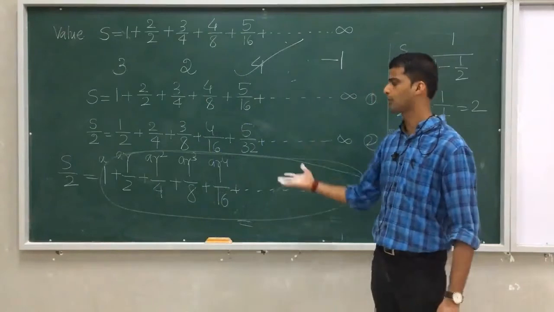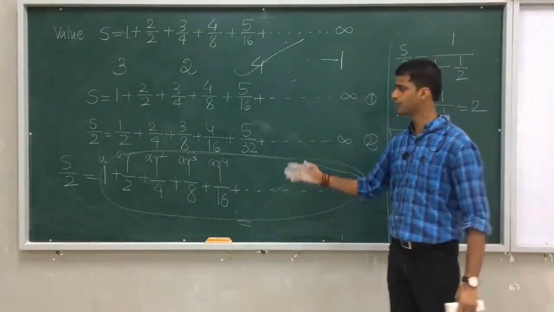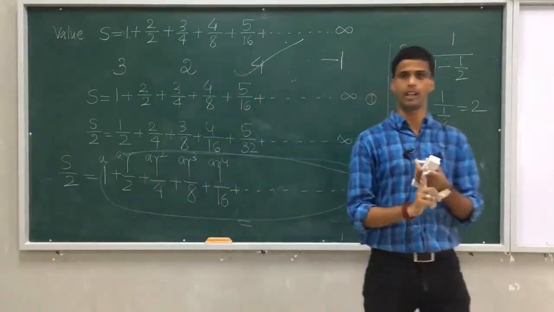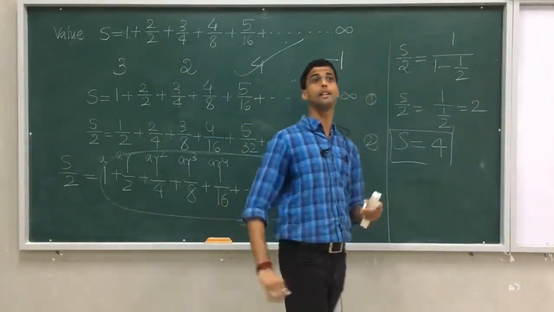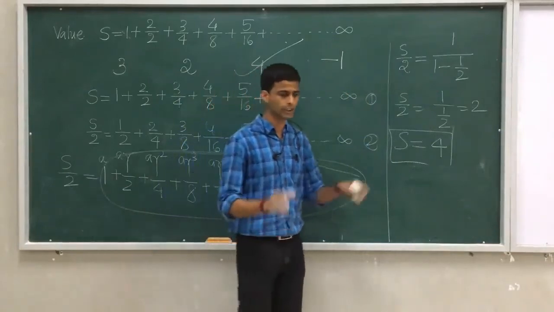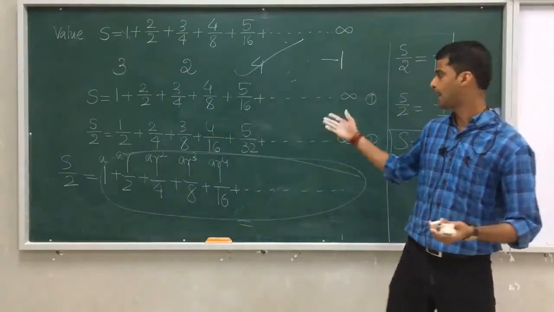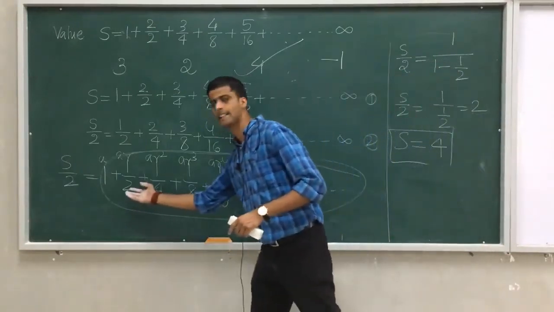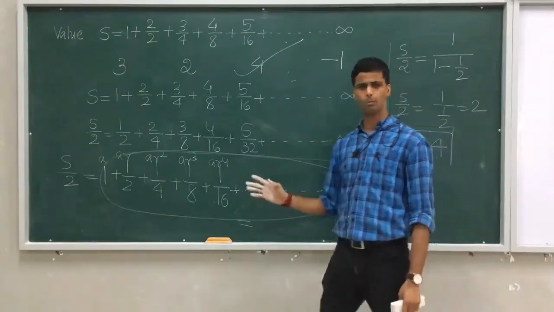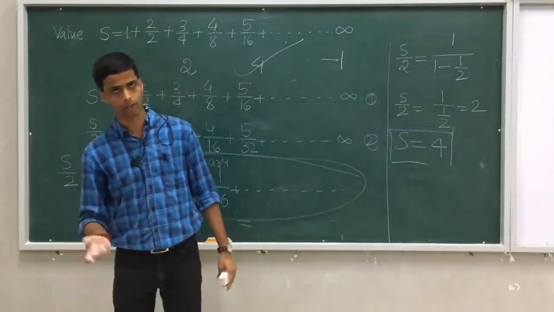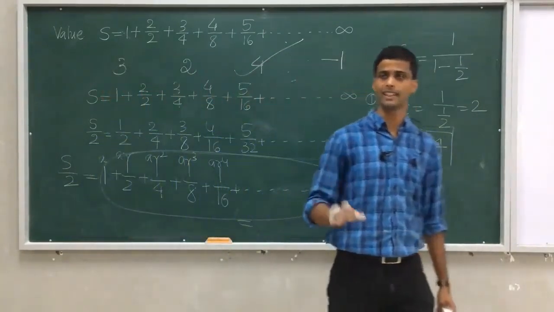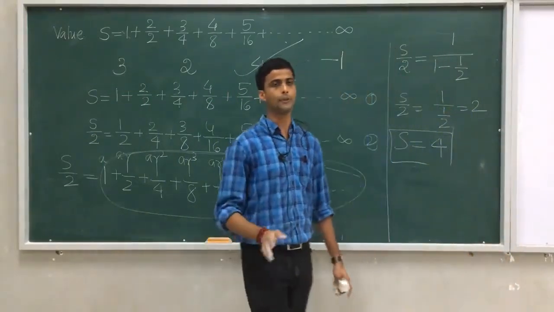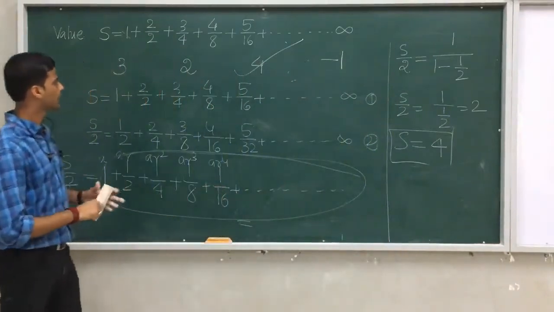All you need is your foundation, like in this problem. So you just manage the method of difference also. The method of difference plays a vital role always. Look at why we do the method of difference. What is the use? Because if I don't apply the method of difference, I won't get a pattern like this. But if I apply it, I'll get a pattern that is either an AP sometimes or a GP. Most of the time, you will get a GP pattern only. So that's the reason it is very important to apply the method of difference. If you do that, you can proceed with the solution.